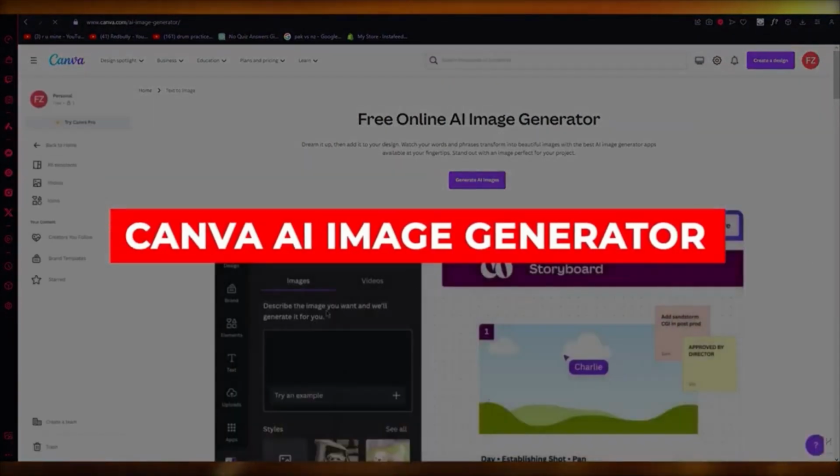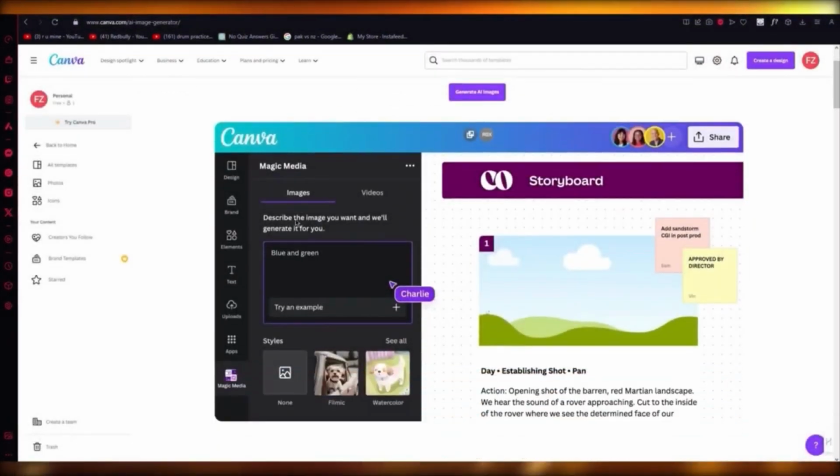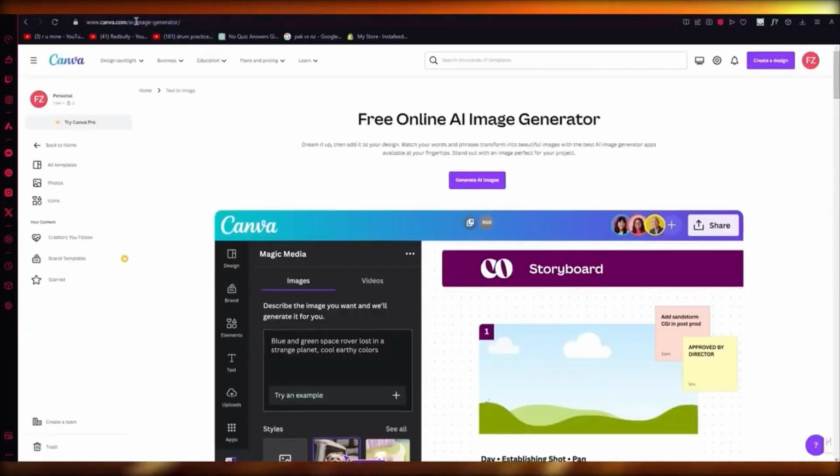Canva AI image generator. Hello everyone. In this video, I'm going to be quickly generating things for you from Canva AI. So to do Canva AI image generation, you're going to come to